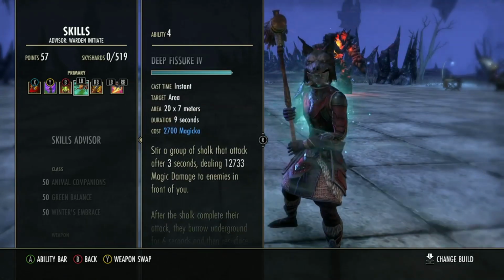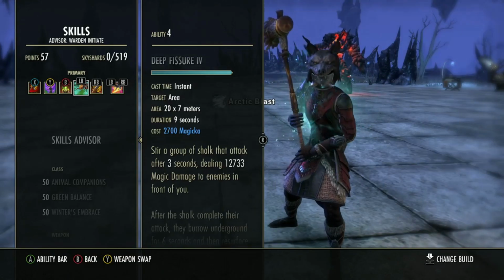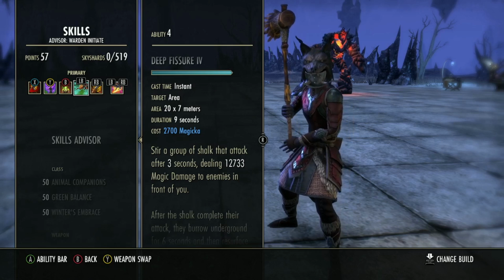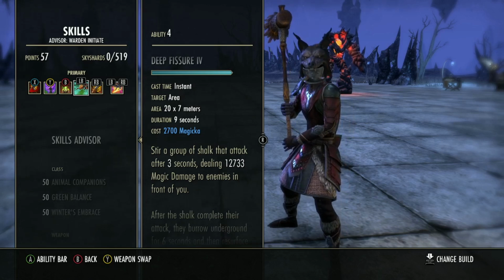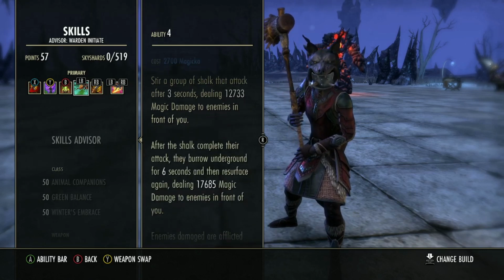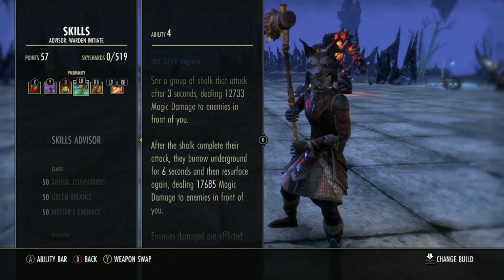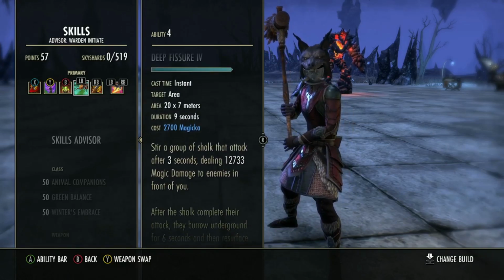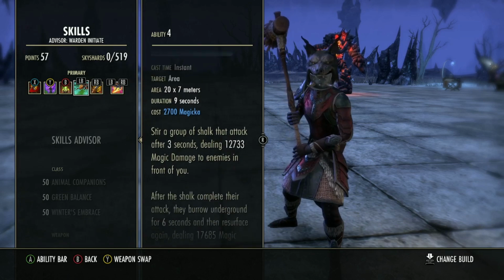And so a lot of people are going to be annoyed because you're getting pigeonholed into running the magicka morph, and hybridization was supposed to bring build diversity, and this is another one of those instances where that is not the case. This is not providing more build diversity. This is providing less. And I don't know what the deal is with what's going on, but it seems ZeniMax